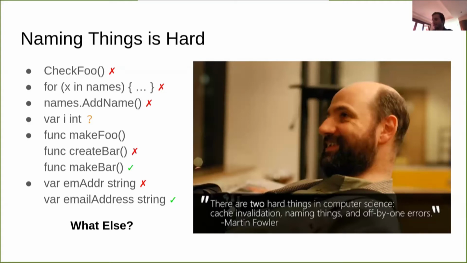Absolutely. And also recently I saw a variable name or type called meta collection. Metadata is a collection. Why do we need to suffix with collection too?